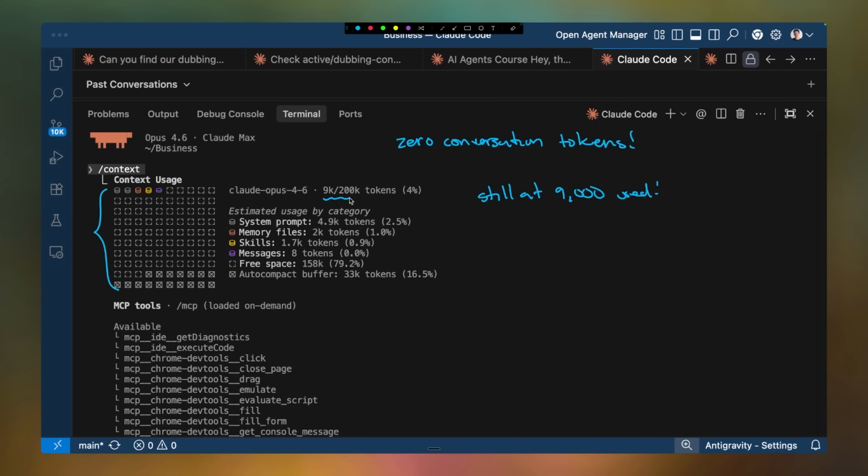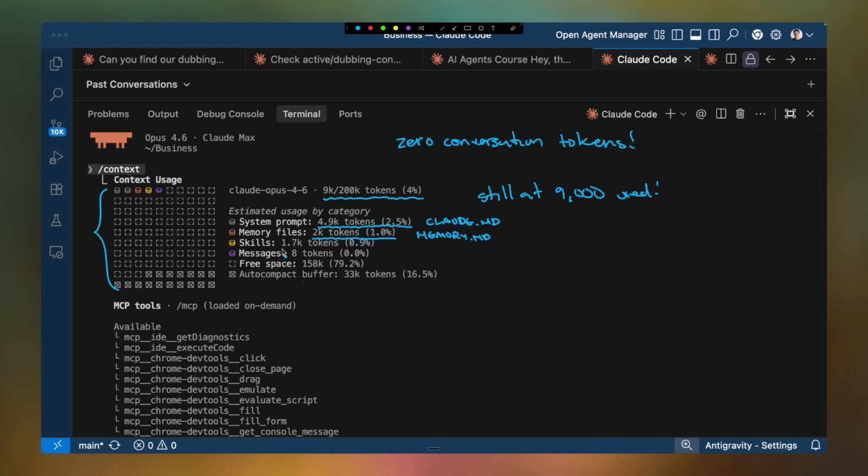You're probably wondering, where the hell are these 9,000 coming from? Are they shadow billing me to try and rinse my wallet as much as humanly possible? Well, a little bit. This system prompt here, which is partially composed by your agents, your Gemini, or your Claude.md, and partially a few additional things, is actually already consuming 4,900 tokens. So 2.5% of my entire token count, before I even send a message, is being used by, in this case, probably the Claude.md. But in addition, you have other things like memory files, which are consuming 2,000 tokens, okay? And the way they do that in Claude Code is they use something called memory MD, which stores your preferences and some previous high-level things.